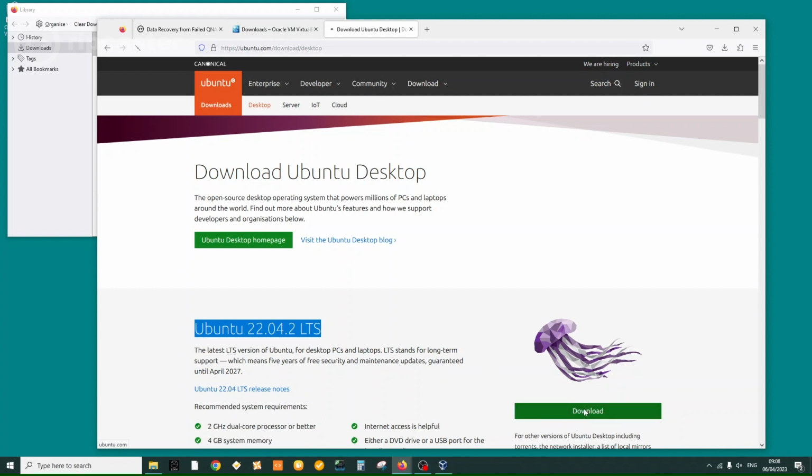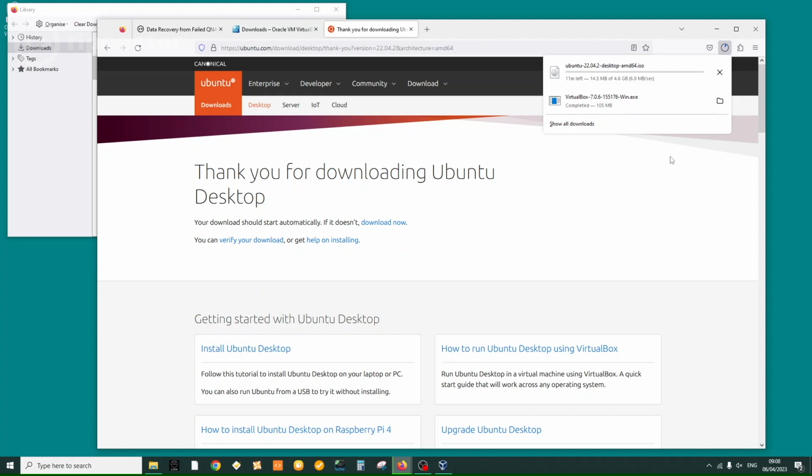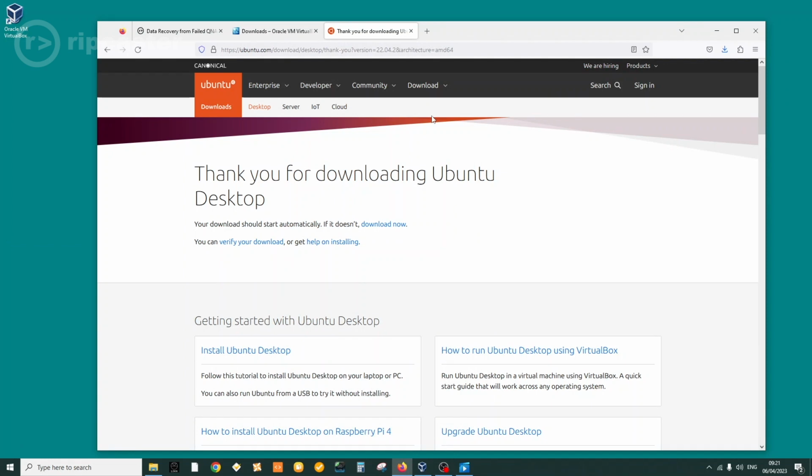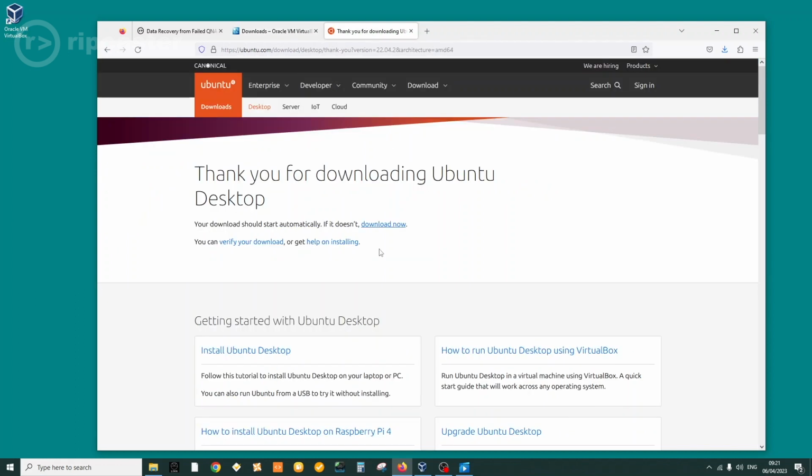So again, I'm going to download that, and that is starting. I think it's going to take 11 minutes, so we'll pause the video until that has completed. Okay, so we have downloaded VirtualBox, we've downloaded Ubuntu long-term support,